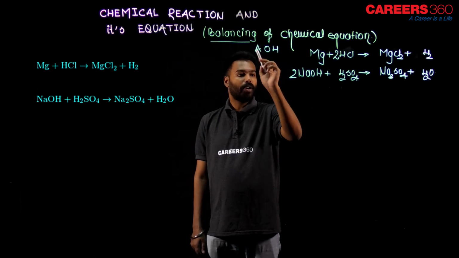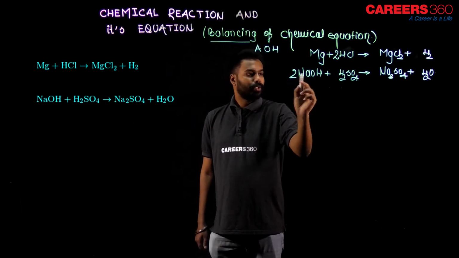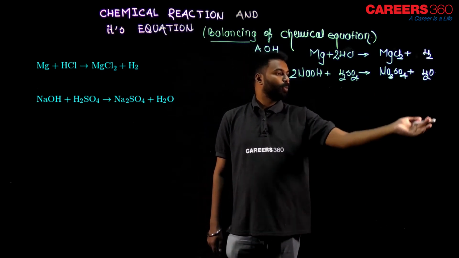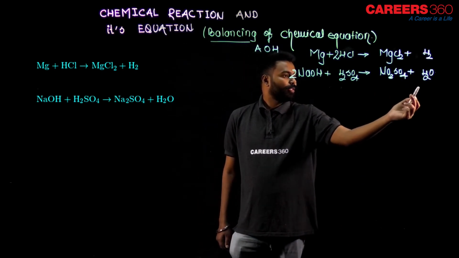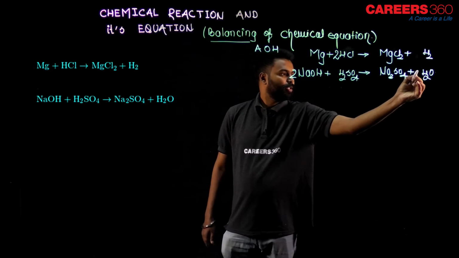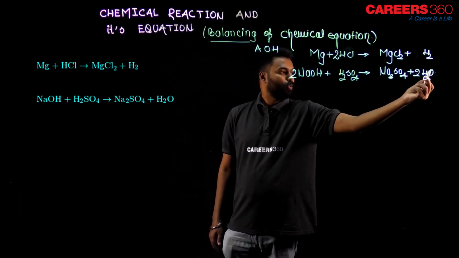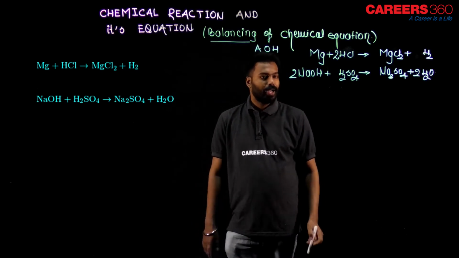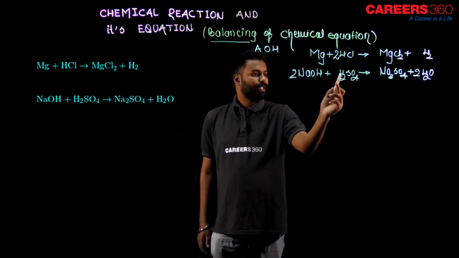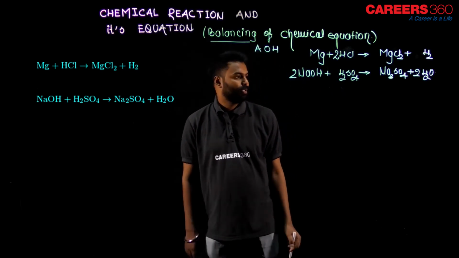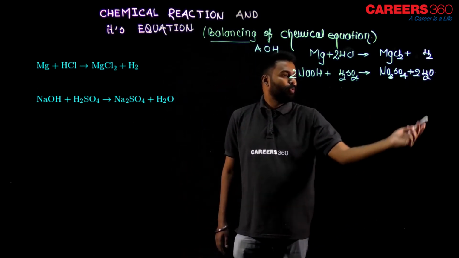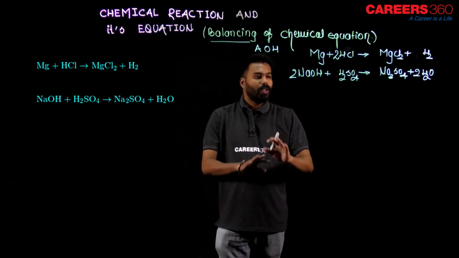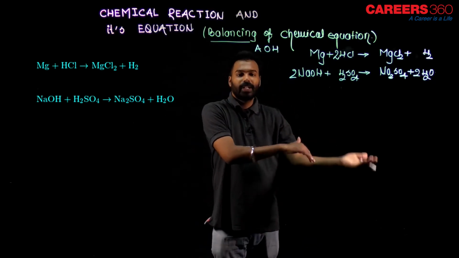Then come to the oxygen. Oxygen here 2 and here 4. So, 2, 4, 6 on the left side. Here total oxygen atoms are 4 and 5 only. So, let us make it 2. So, 4 oxygen and 2 oxygen, 6 oxygen, right. Okay. Oxygen also balanced. Hydrogen, 2 hydrogen and here 2 hydrogen, total 4 hydrogen and here 2 to the 4 hydrogen, hydrogen is balanced. So, in this way I balanced all the atoms on the left side and the right side.